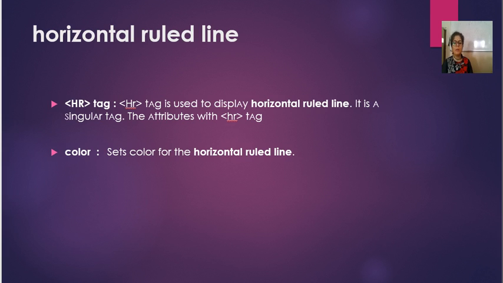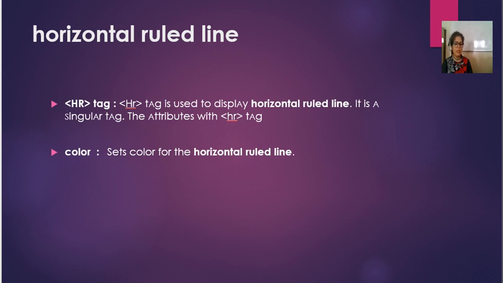If you want to apply a horizontal rule in your line, then HTML provides us the facility that we can make use of this tag. So if you have to apply a horizontal rule, you have to make use of the HR tag. So what is the HR tag? The HR tag is used to display a horizontal ruled line. It is a singular tag. Singular tag means we do not have to close that tag.